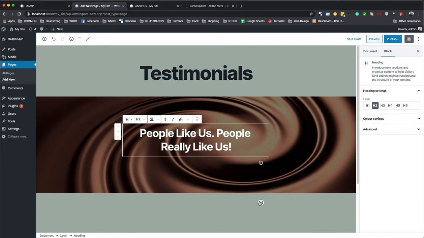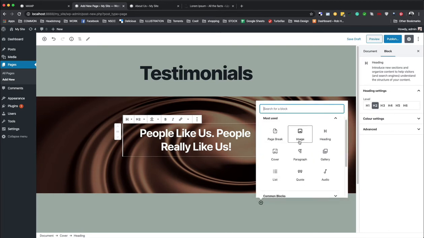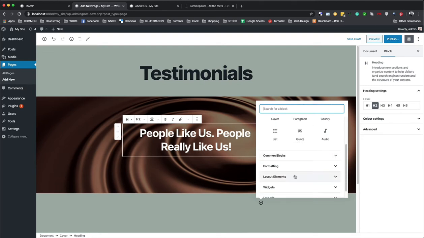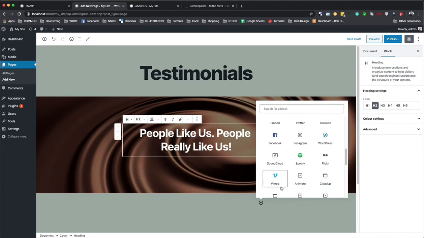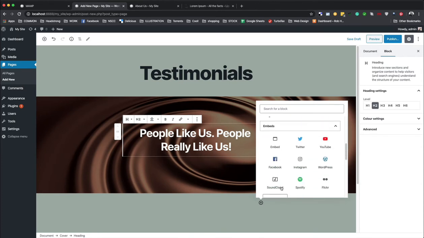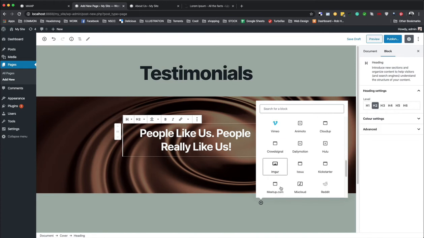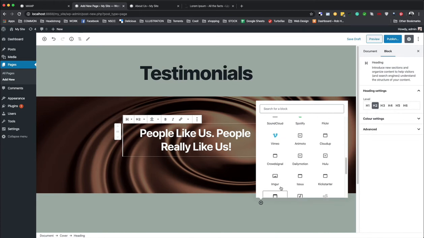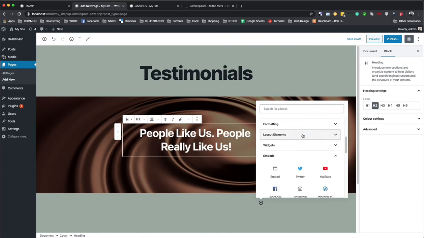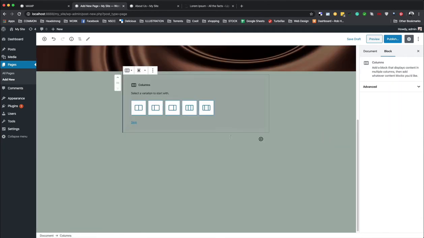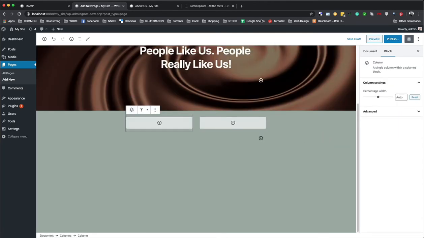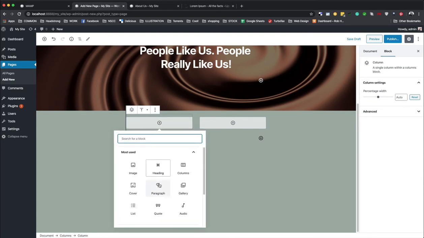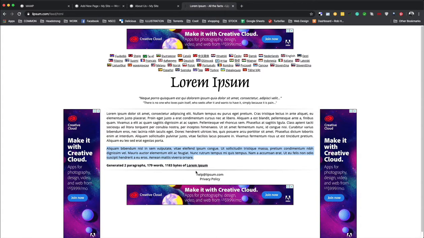Okay, below here, I'm going to add, there's some layout elements as well you can add. I wonder what embeds are. Oh, look at that. Embed your YouTube video. Crowd signal. Okay. Layout elements, let's add some columns. So I'm going to add 2 columns here. And I'm going to add a block of text. So let's grab all of this stuff again, copy,